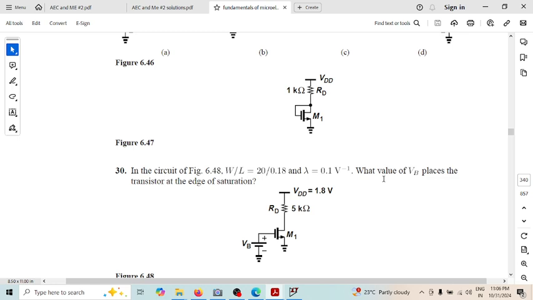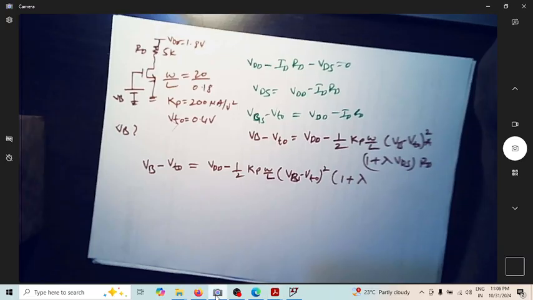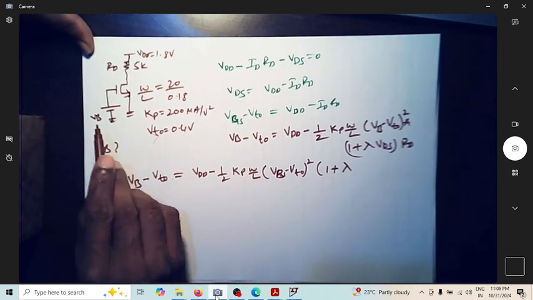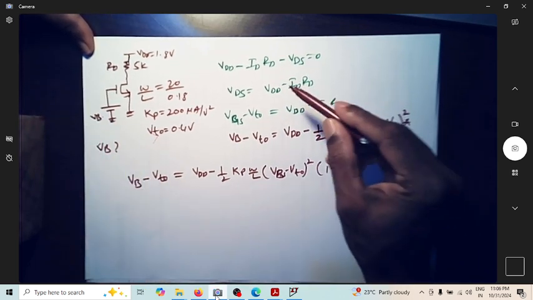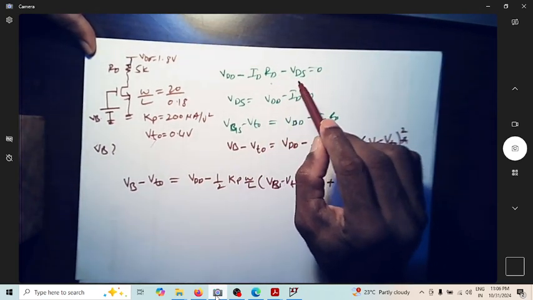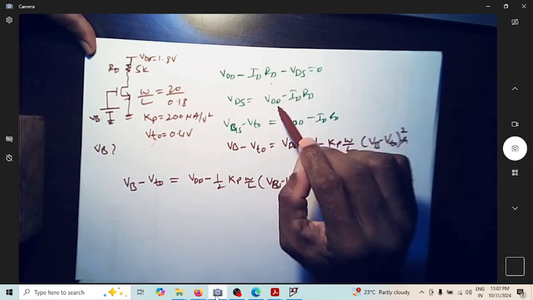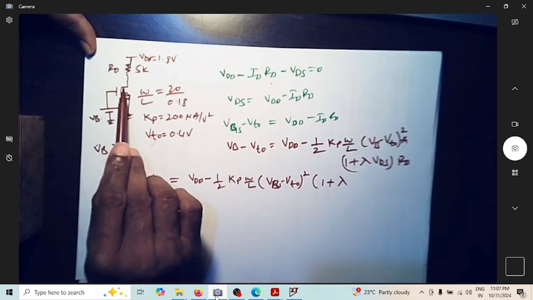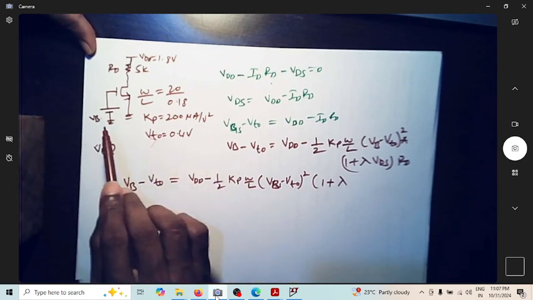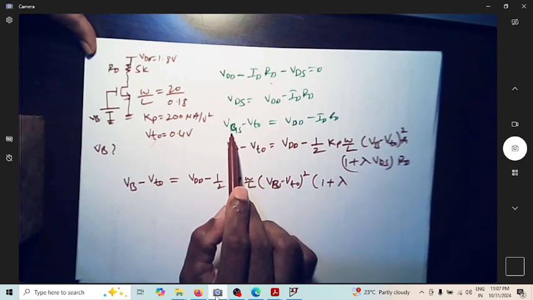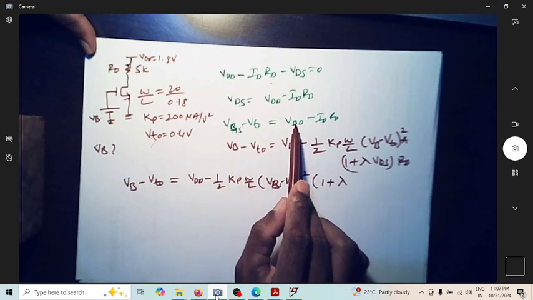So for that, I have written the circuit diagram and a few equations here. So this is the circuit diagram we are looking at. We are asked to find VB to keep the MOSFET at the verge of saturation, and as we know, we can write this as a KVL expression. Now I can rewrite this expression as VDS is equal to VDD minus ID RD. Since VDS should be equal to VDS at saturation, that's the condition we are looking for to find the value of VB. I am replacing this VDS by VGS minus VTH, and this will be VDD minus ID into